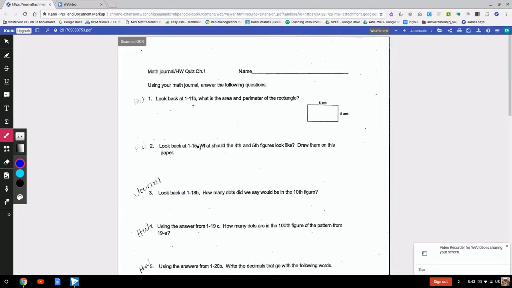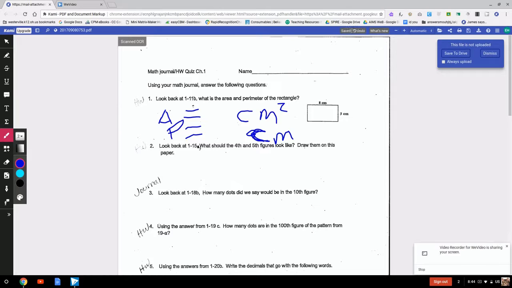This is from a homework problem in your journal. It wants the area and the perimeter. So, make sure you write them both. And don't forget to label your answers because you'll lose a point. All right, I don't know why I wrote an EN. The next problem, again, you drew these